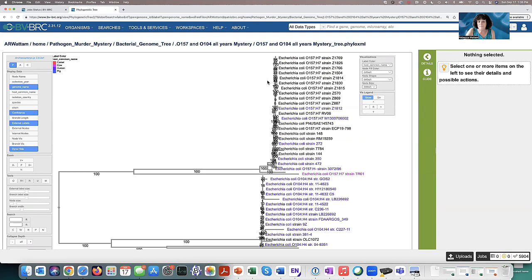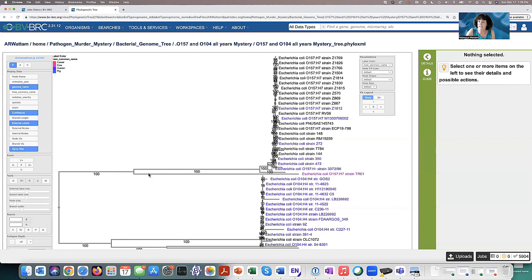Okay. Anyhow, so there are interesting ways to see the data. But this is showing that there's a strong differentiation between the two serotypes. And we also saw that when we looked at the mystery genome and just the 0157s. When we looked at the 0104s, it was close to some of them. It was close to one in particular of the pre-pandemic year. And then after that, because of all the genomes that were being sequenced, we got to see that there was